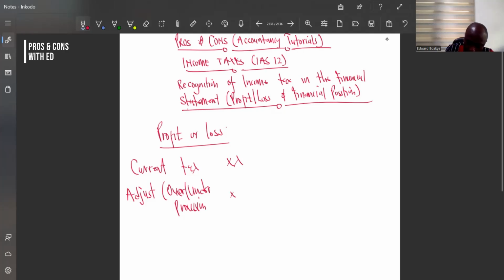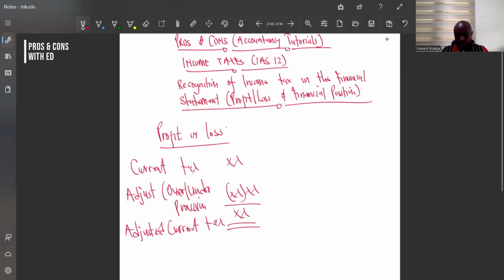Over or under provision. Then we can get what? Adjusted current tax. So basically, in our profit and loss, in terms of talking about current tax, this is what is going to be there. But the overall amount we are going to charge in our profit or loss is this adjusted current tax